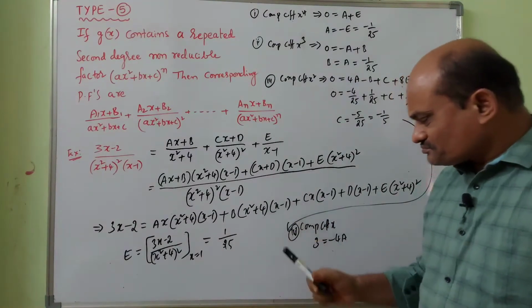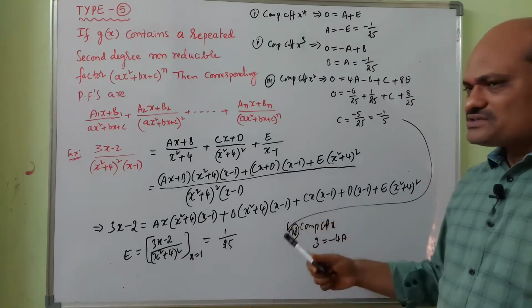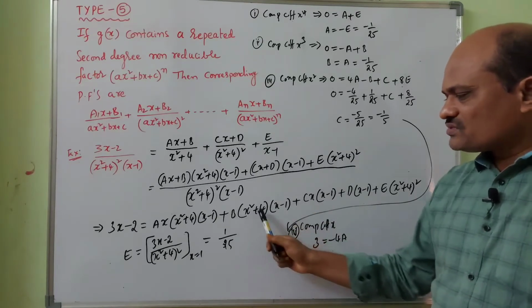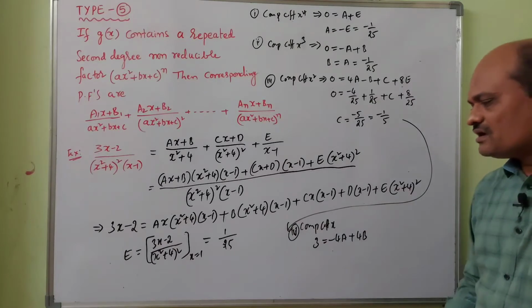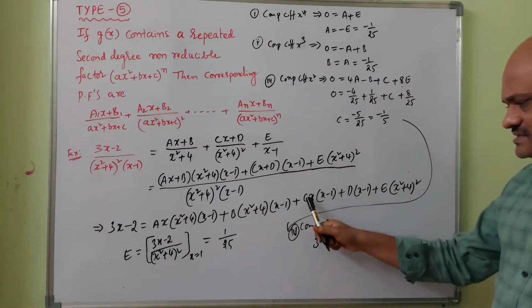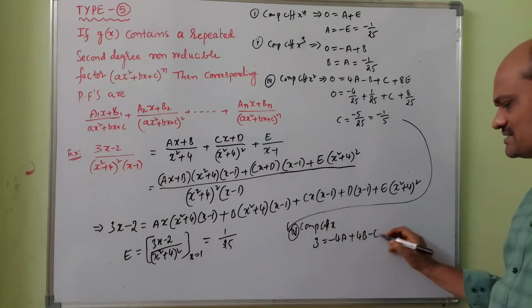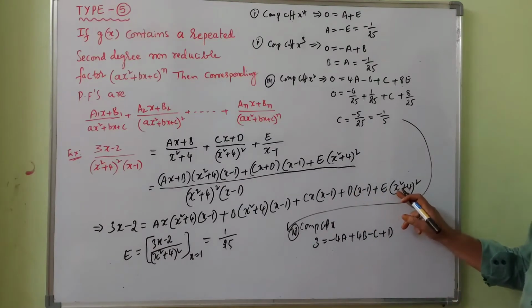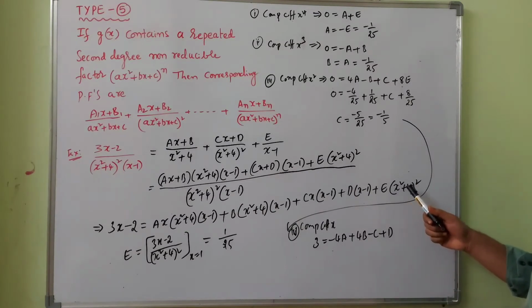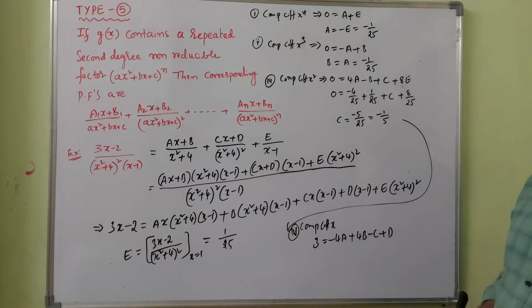Here also, what will be the x coefficient? 4x, no? So, we will get 4b. Now, x coefficient here is cx into minus 1, minus c. Here plus d. Here you won't find x coefficient. Expansion, x power 4 plus 16 plus 8x square. You won't find x square. These are the coefficients of x.